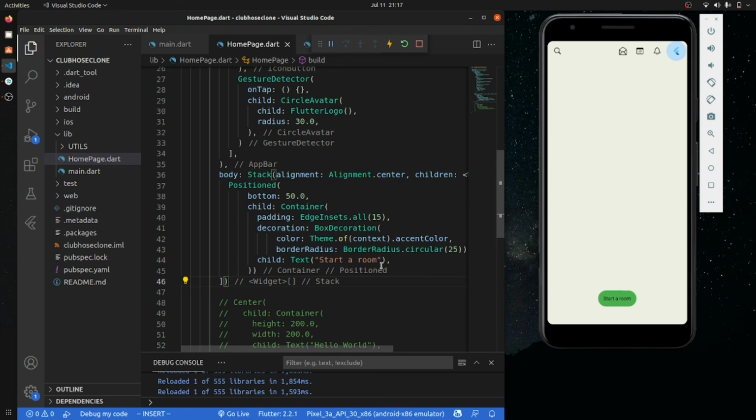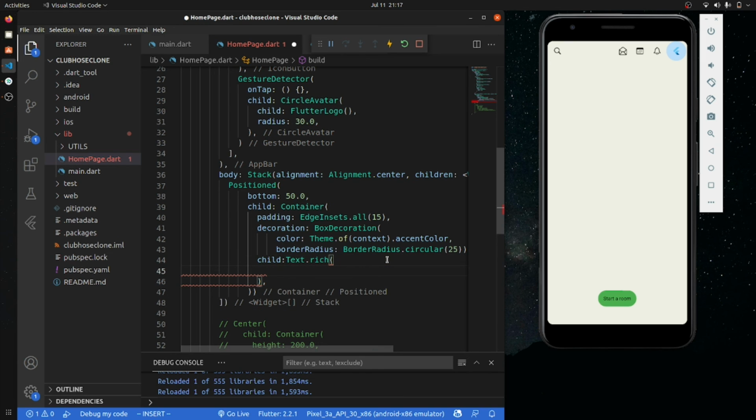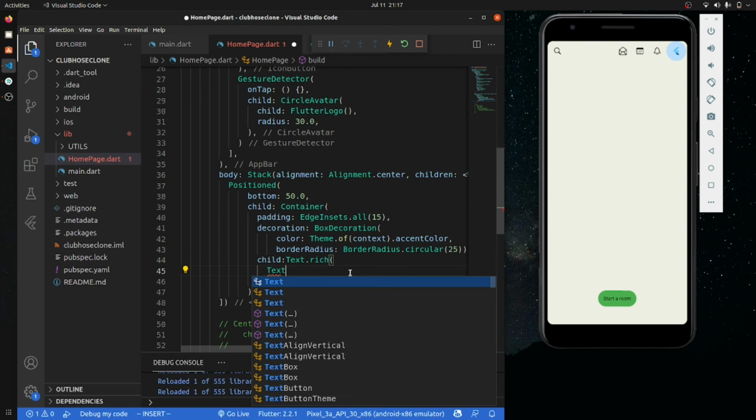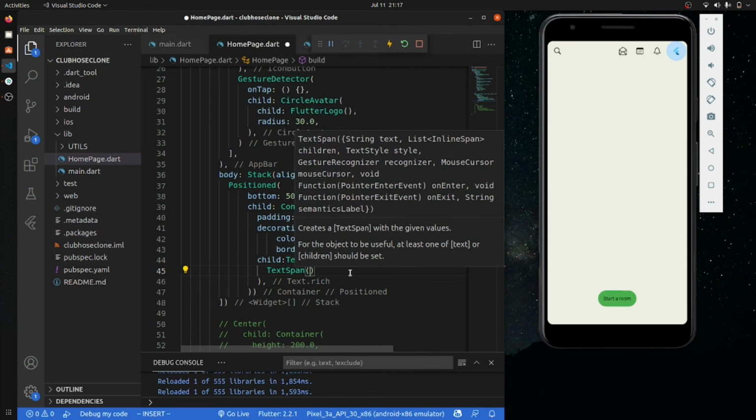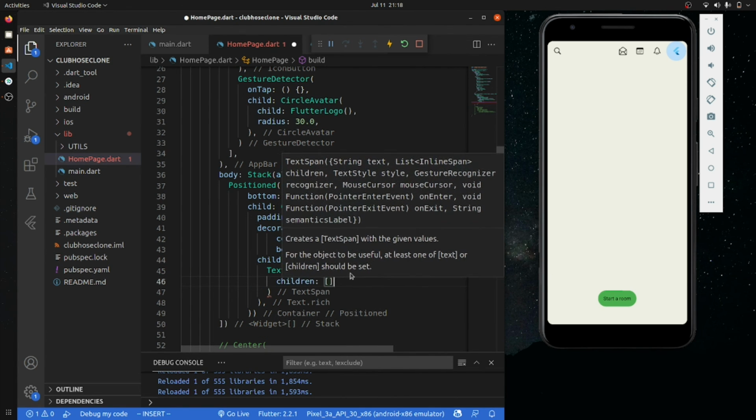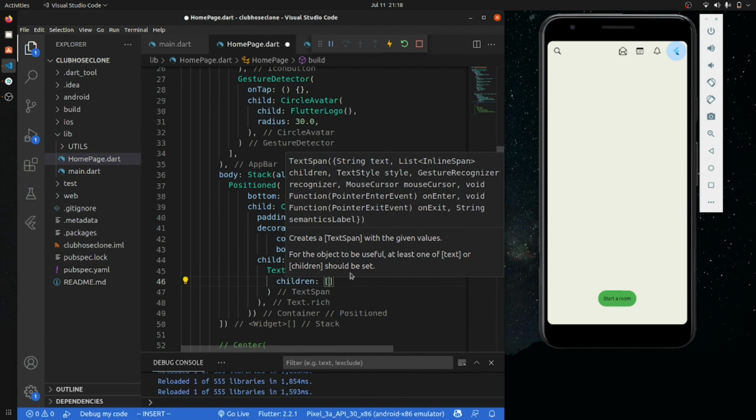So we will not use this simple text, we will use Text.rich, and inside this Text.rich we will have a TextSpan. Inside this TextSpan, we will have children, a list of widgets.